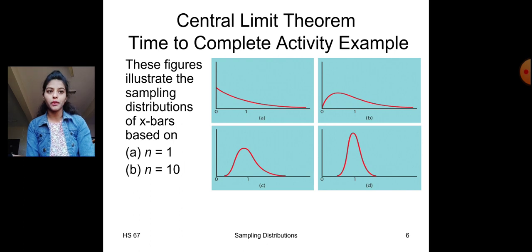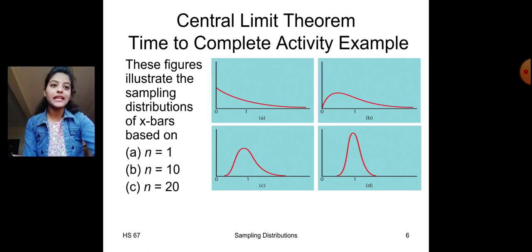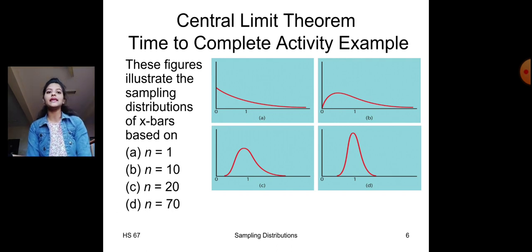So when the size of the population is increasing, there will be a slight normality and the graph tends to go upward and downward. In the next figure we have taken n equals 20, that is the size of the population is 20, and the graph is still increasing more. We can see that. In the next one we will be taking n equals 70, and the graph has stretched more upward, it is cone shaped and it is falling down. So this is called normality.